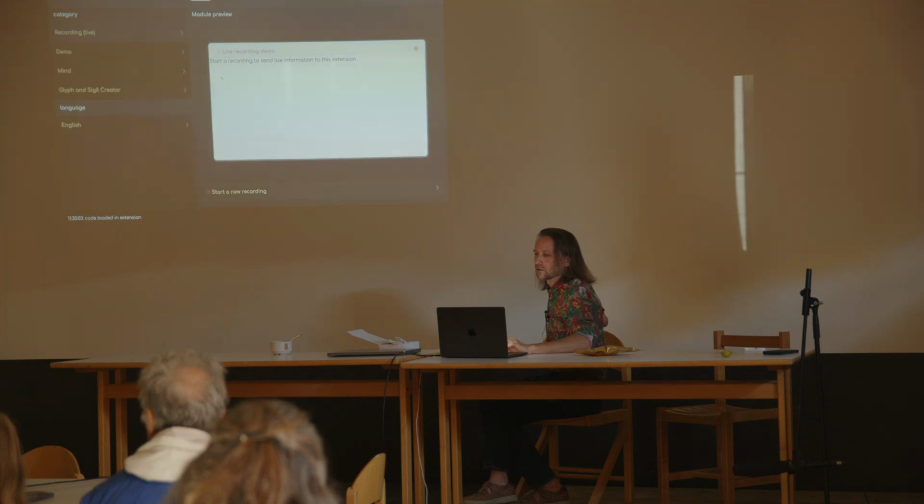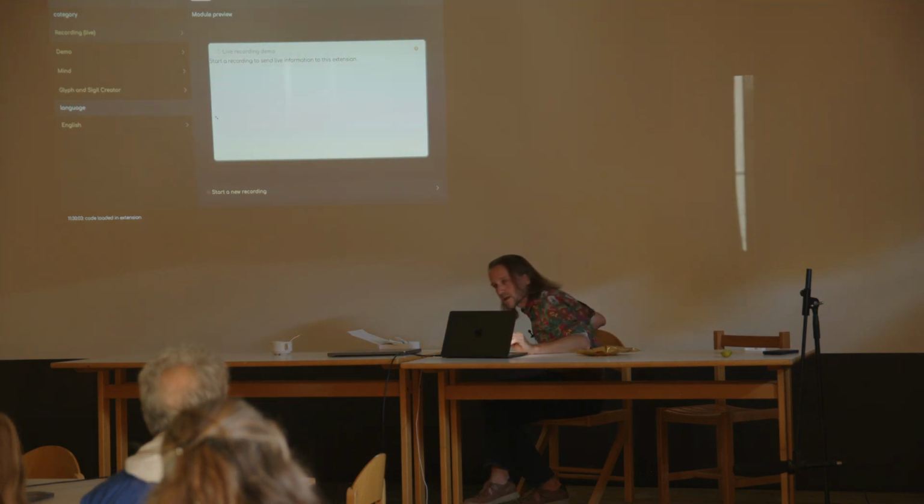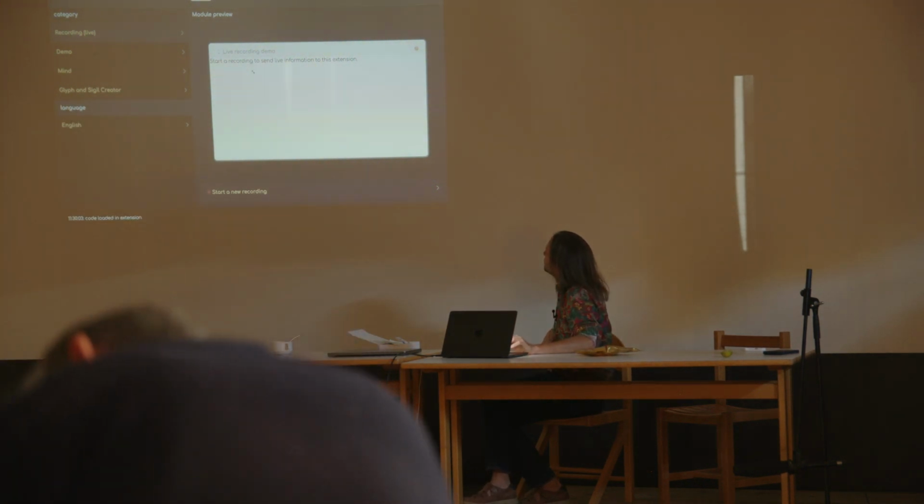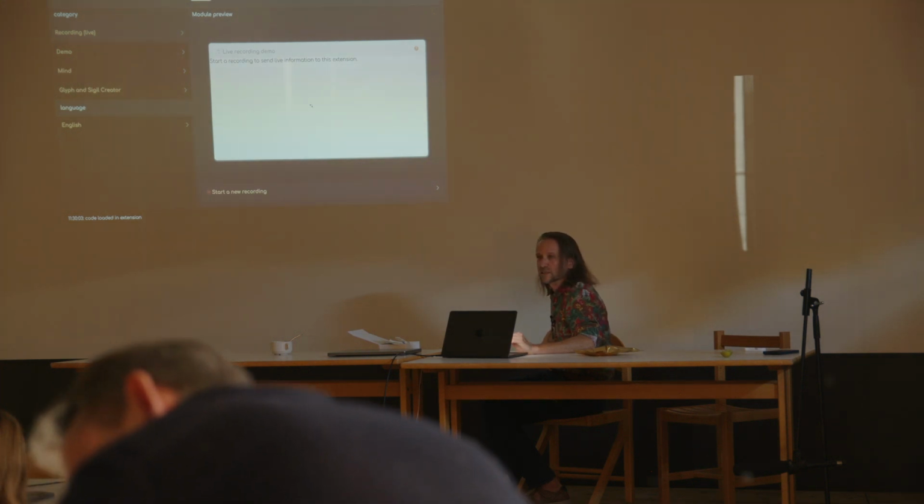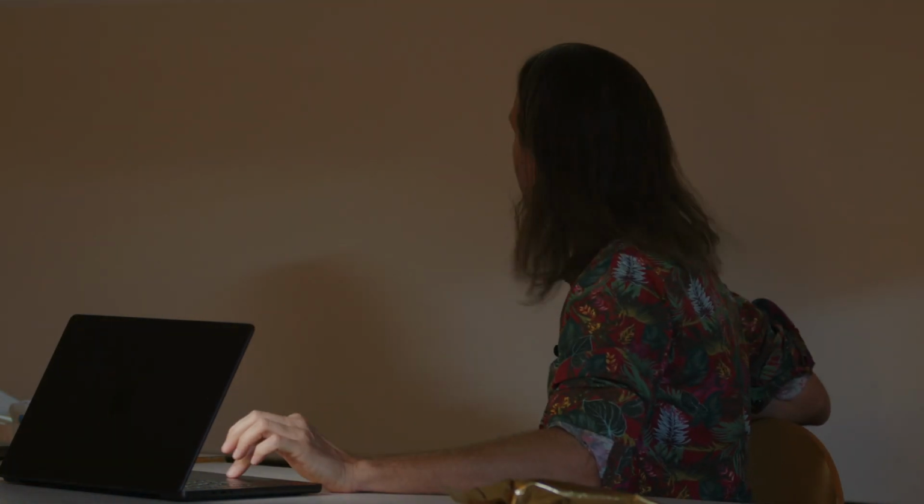Just what I wanted to say, because I will leave the stage for today: there is a way to receive the recording data live. It means that we can also build extension modules that play live, and that will be the basis for doing the art gallery, where we can use the live data to show, for instance, your heartbeat, or anything else, as we get much more information live. So we can even imagine building extension modules that show live data during the recording.